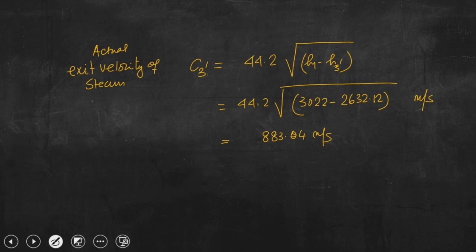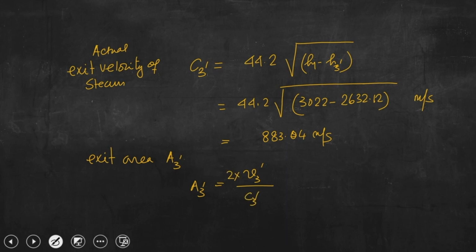So, steam which will come out from the nozzle in the form of a jet, just like a bullet is coming out. So, that jet will now strike the turbine blade, and it is because of this momentum change that some momentum will be absorbed by the shaft of the turbine wheel. Now, if we know the exit velocity, then we can write what would be the exit area. Say exit area is A3 prime and this A3 prime will be equal to V3 prime divided by C3 prime